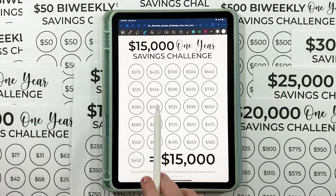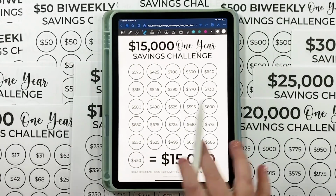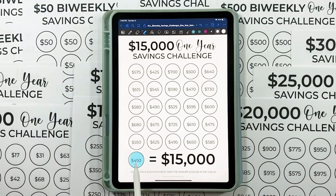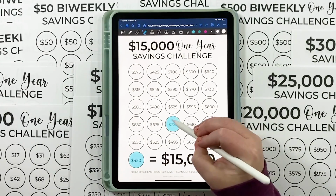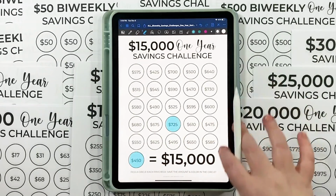If you're trying to save and you want to do the savings challenge and save every biweekly paycheck, but you know you're going to have some paychecks that are better than others, where you're having some months with more expenses than others, then instead of going in order, maybe I would do the 450. So I would pick the 450 when I have less money to save, and then when I am going to have a ton of money left over for a paycheck, I would pick one of the higher amounts. So for $15,000, I would pick the 725 on a paycheck period where I know I have a little extra money. So you could do it that way where you bounce back and forth based on your own personal circumstances,